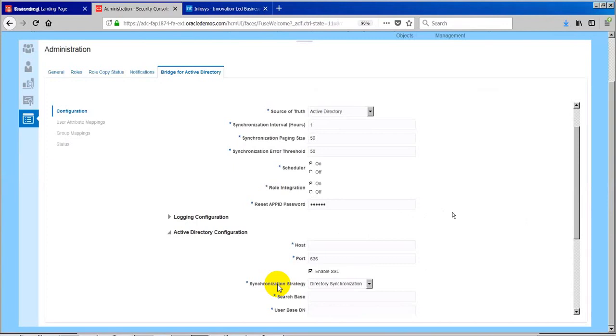We create a file and send it over to our Active Directory team, and it depends on them how they want to load the data into their application. If they want to automatically load it using the file, or do it manually, it's their choice. So that is Bridge for Active Directory.